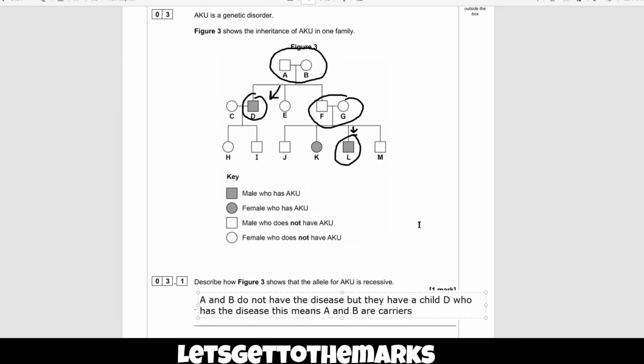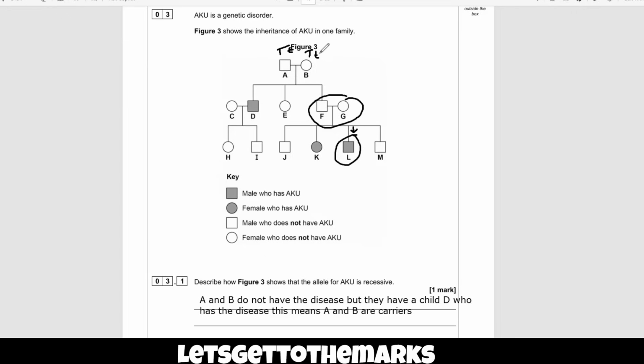Okay, so if we were to assign A and B some letters, think about it. Let's pretend it was dominant and found on the big T. Then if they had a big T, they would have the disease, so they'd be colored in. But they're not colored in, so they don't have the disease, and so it can't be a dominant disease. The reason is it must be found on the little t. So they have to be big T, little t, because